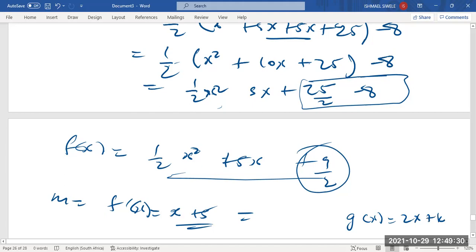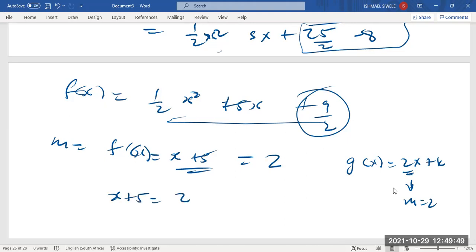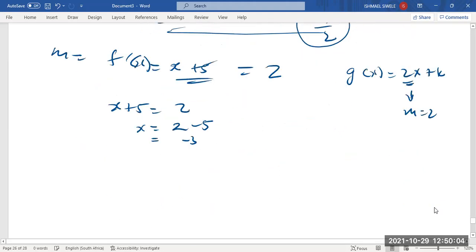The gradient for this, we already know, is 2. So we already know that m here is 2. So x plus 5 is equal to 2. What we'll be solving for here is the value of x at which they are in contact, right? 2 minus 5, which is -3. -3 is the value of x